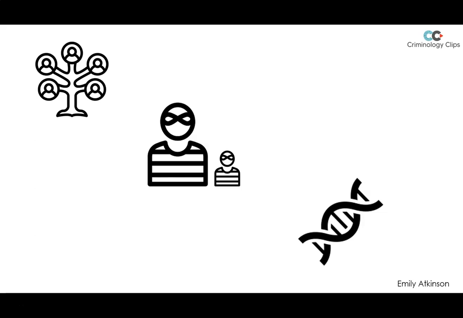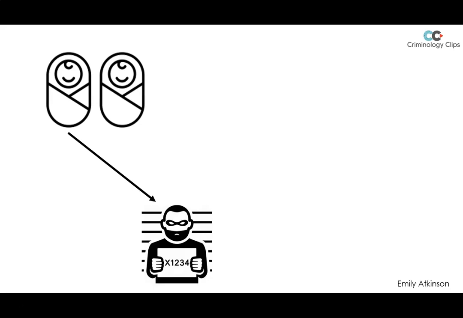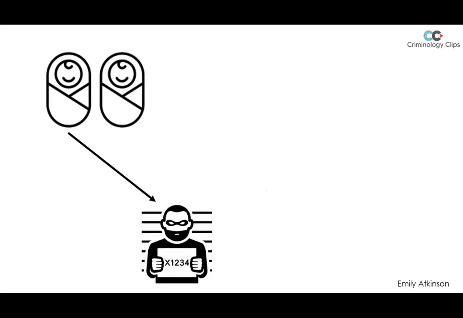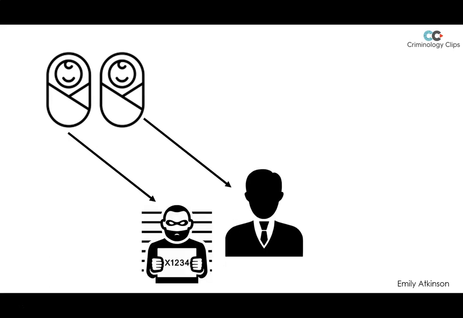So in order to test this theory, genetic theorists have used twin studies. Now there's two types of twins. Monozygotic twins are identical twins. They share 100% of their DNA, and they're developed from the same fertilised egg. So if the genetic theory is correct, if one monozygotic twin is criminal, then the other twin should also be criminal. However, if one twin is criminal and the other isn't, that suggests that the cause of crime is environmental